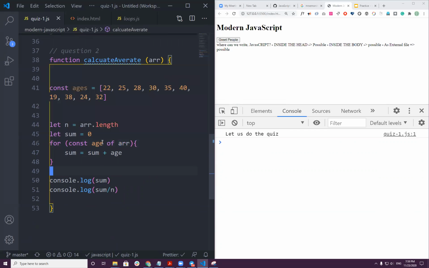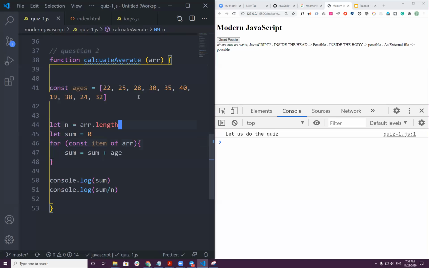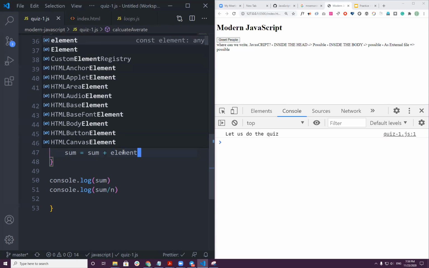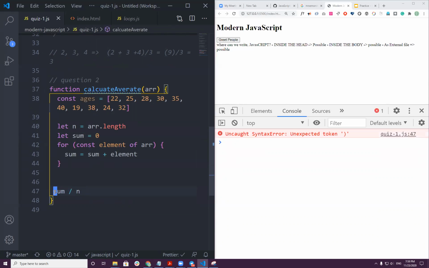From array, an item, or just item, or element. Element means one of the items. Plus, now again I change it to element. And after that, as you can see, I don't need this one. Instead I will return this value at the end.